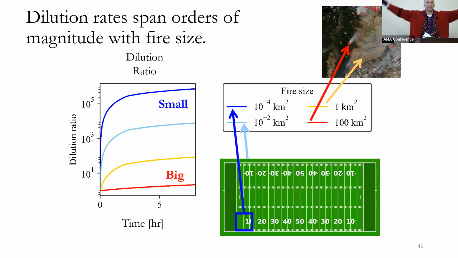It's very hard to get clean air to mix into the core of the plume because it's so wide. And so in our big plume, all the dilution ratios start at 1. And then for the biggest plume, after 8 hours, it's only down to a dilution ratio of 2.